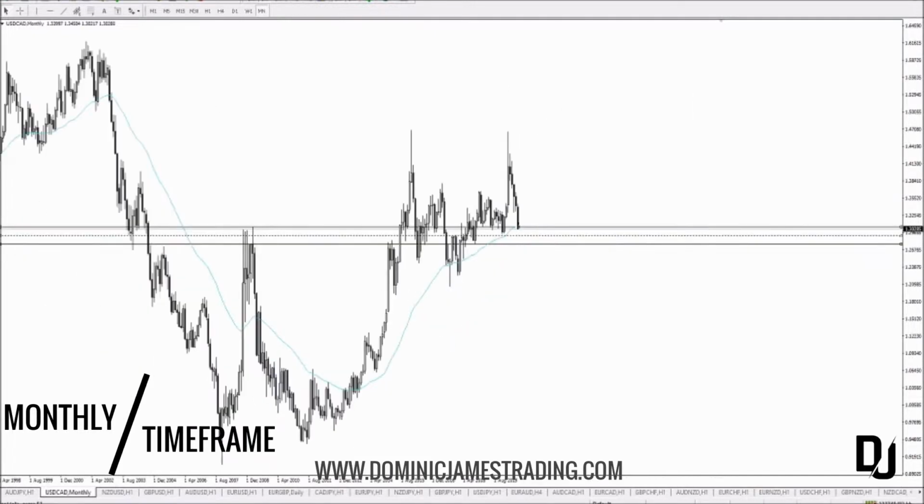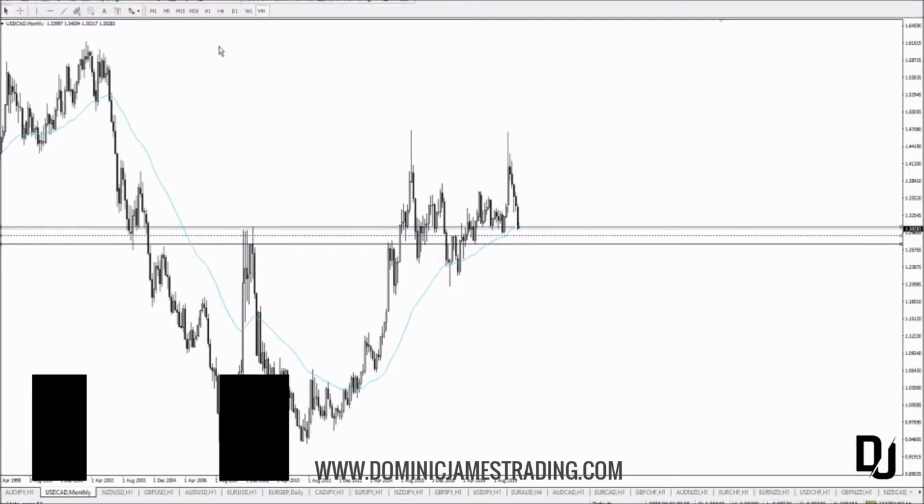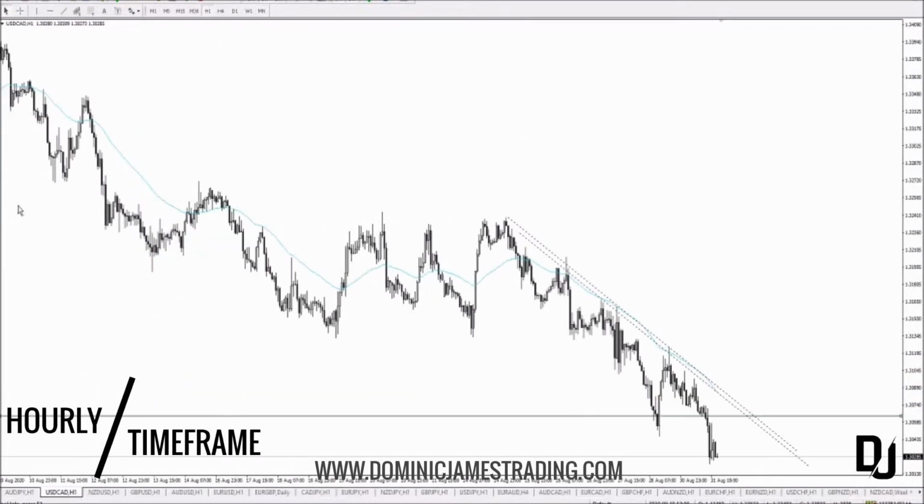So we'll look at dollar CAD monthly. We do have a huge level here, support and resistance going through here, and we also have huge buying coming into the market here. So I'm looking for some opportunities to buy this, following structure on the H1,